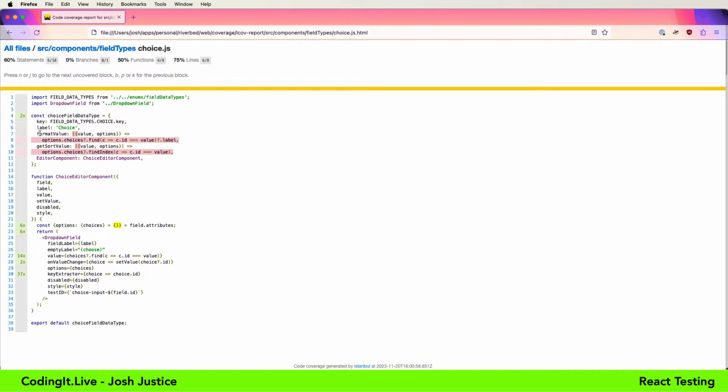So this is saying, hey, the format value function is not executed by a test at all. So if that's the case, you know that you're not testing it well, and maybe that's intentional, maybe it's not. But it doesn't confirm that the behavior of it is covered. Because if we just called format value and did nothing with the result, then the code coverage tool would say, yep, this is covered by test. But what it means is that that line is executed by a test, it doesn't mean that you're correctly specifying the behavior.